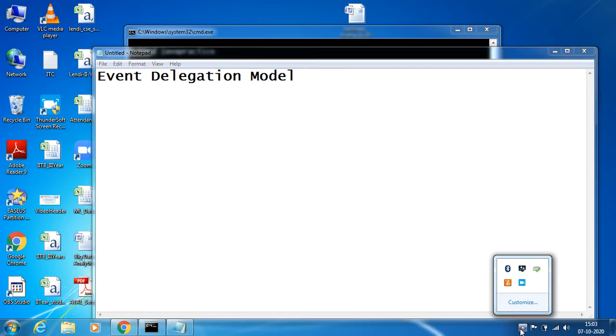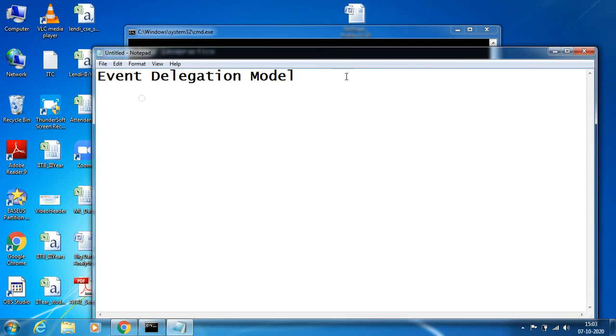So what is the event delegation model? The event delegation model states how events can occur in a particular applet or a window or a panel or a container. And what is an event?